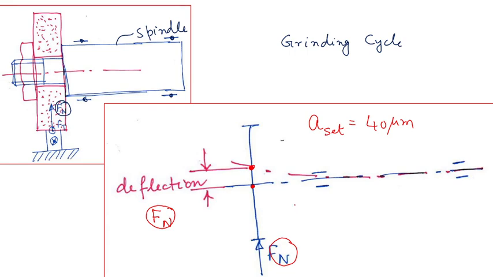Grinding is all about tolerance and surface finish. So if that unground part remains after 10 passes, then you would not be able to achieve tolerance. So you have to give a few more passes without giving any further downfeed, so that the unground part is gradually removed. This is the basic concept of the grinding cycle, and that we will try to demonstrate or capture.